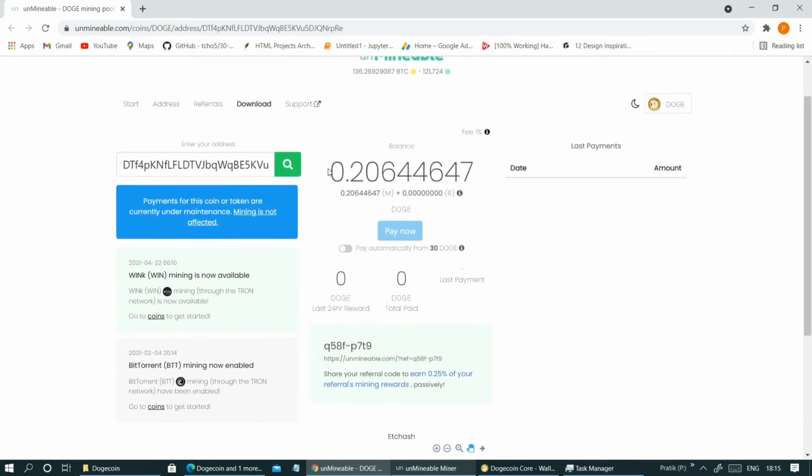So this is my today's mining balance, 0.26, and you can set this to pay automatically, so that it will pay when you have mined 30 Doge coins. So after 30 Doge coins only you can pay, till then you can't pay.